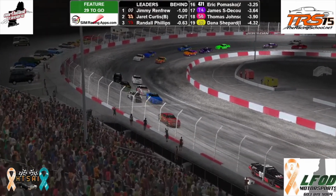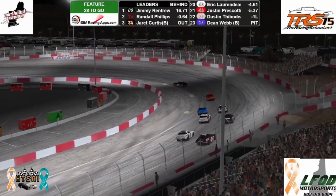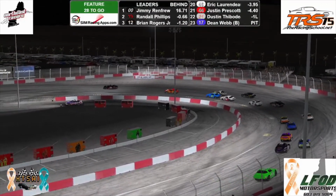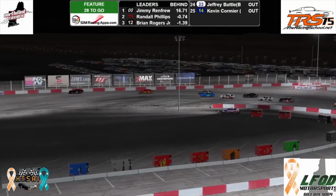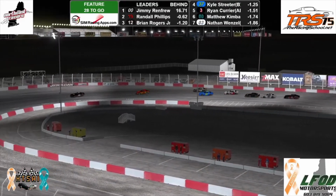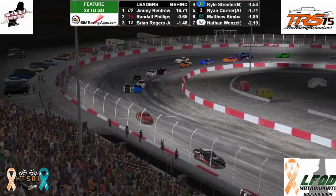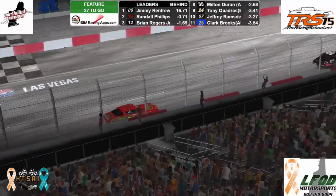And it looks like the double aught might have just gotten very, very lucky. The 33 has completely lost connection. He is out, so that makes 3 cars currently off track. Not how he wanted this night to end. The 19 of Randy Phillips moves up into second, and now we've got a battle going on right behind him for third,